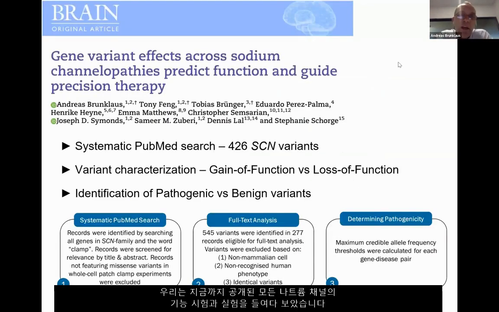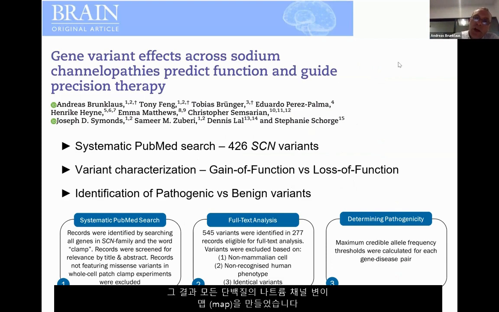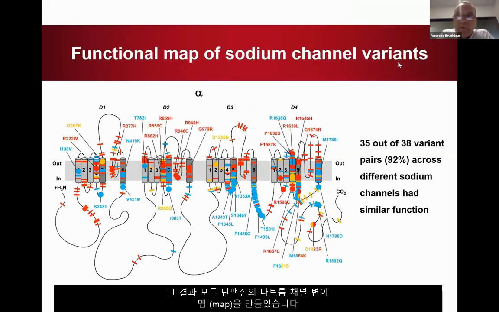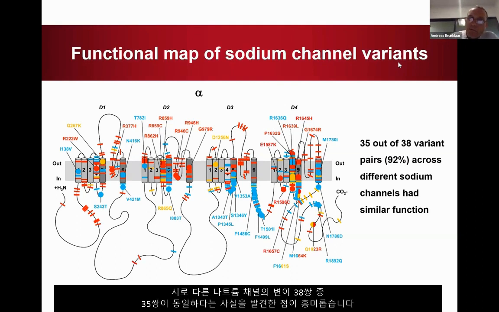So we then looked into this and said, why don't we look at all ever published functional tests and experiments on any sodium channel? We've done that, and we were able to create a map of sodium channel variants across the entire protein that allows you to say that at this particular point, we've got this variant, and this variant has been described as having this function. You can see here, all the ones in blue are the gain of function, and all the ones in red are the loss of function, with the mixed function as well. What's interesting is that we found